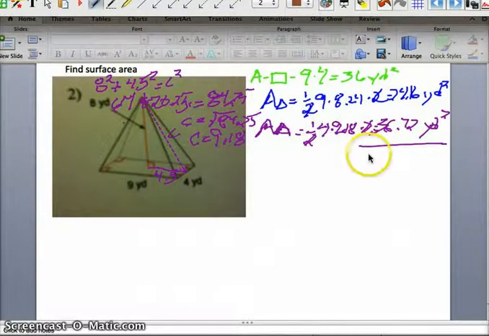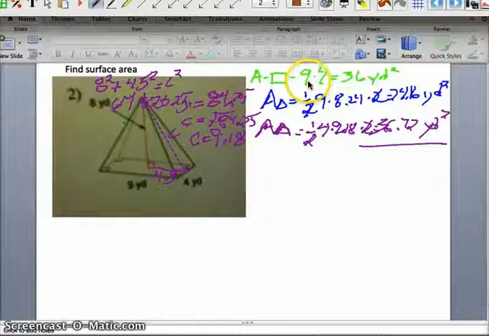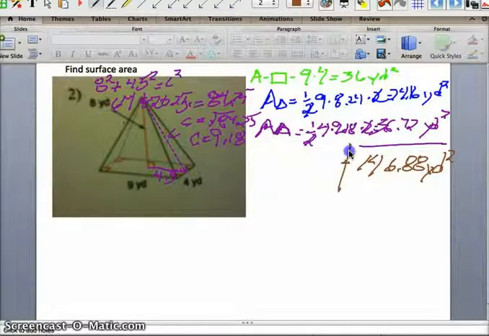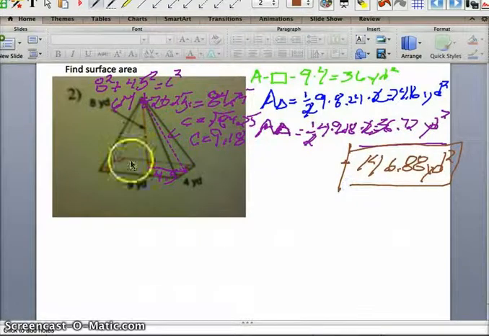Now all I got to do is add all this stuff up to get our number. So I've got 36 and 36, that's around 72. So this thing's going to be like 140 something. Let's add all that up together. So I got 36.72 plus 74.16 plus 36 equals. So the number comes out to be 146.88 square yards. So therefore, this right here is the surface area that we were looking for